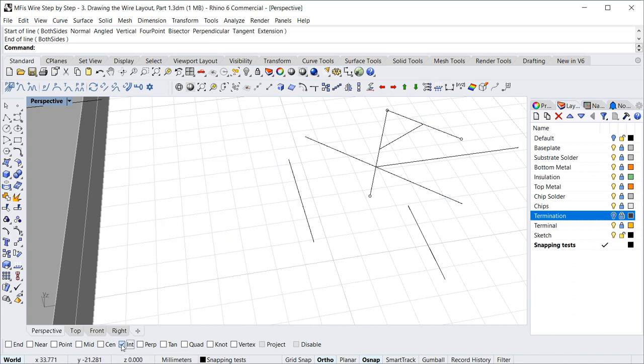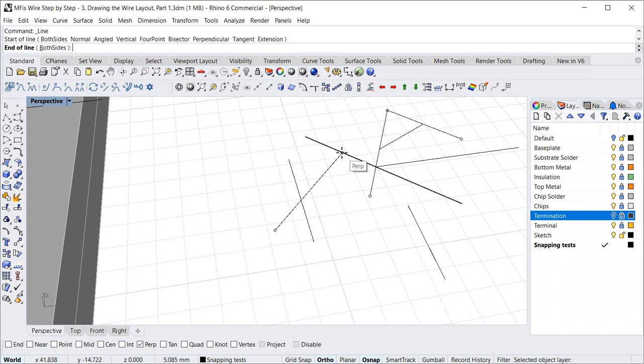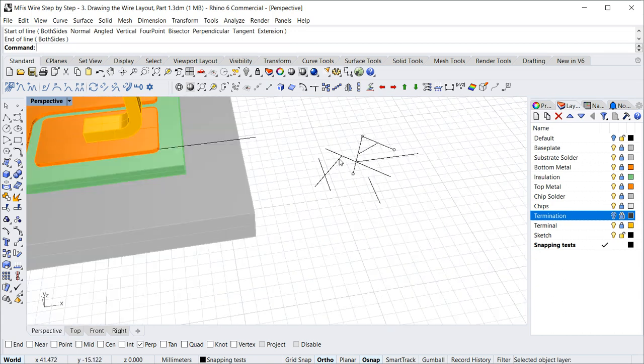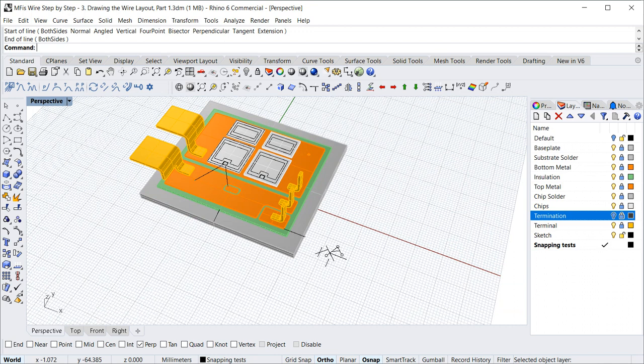Intersection can be really very useful. Also very useful is perpendicular. Let's draw a line from here and we have to find a point here where it is perpendicular, and then it will snap. Tangent I rarely use, and the others I also rarely use. Okay, these are already all snapping